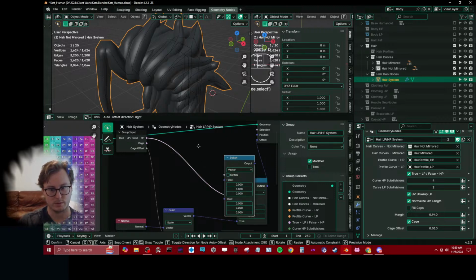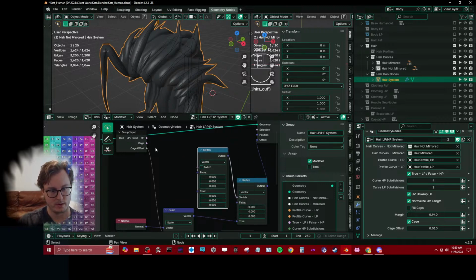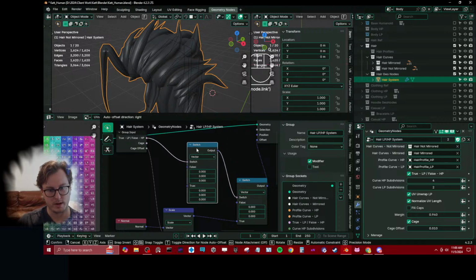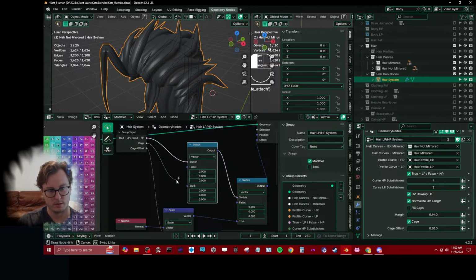It's easy. Switch again. Just put the high poly here. Boolean. If the high poly's on,